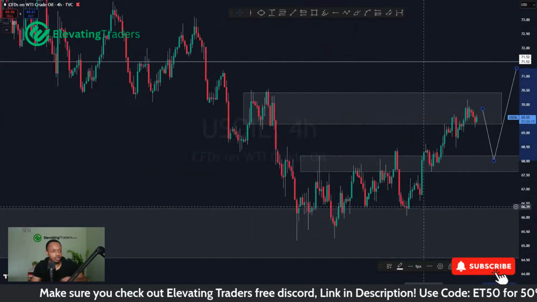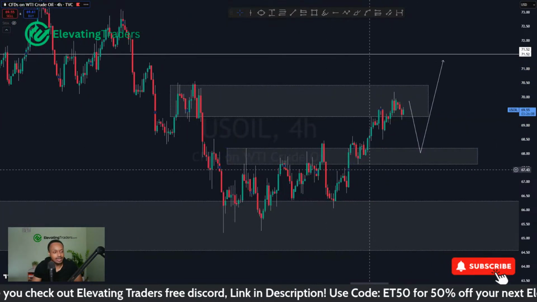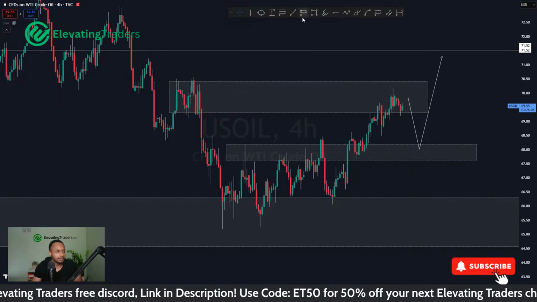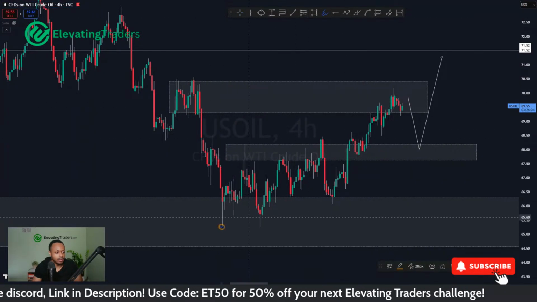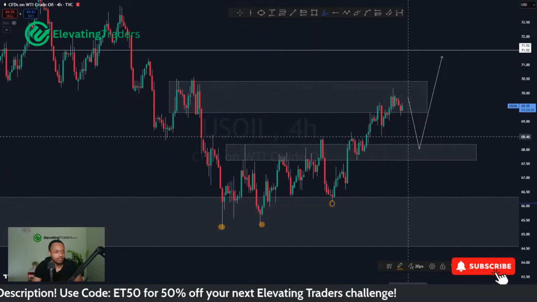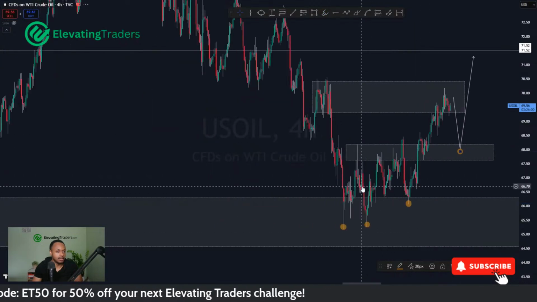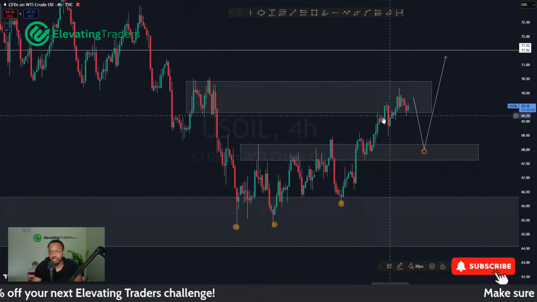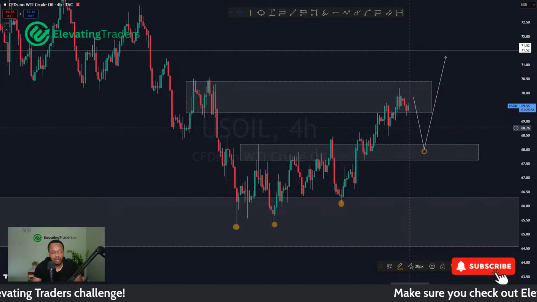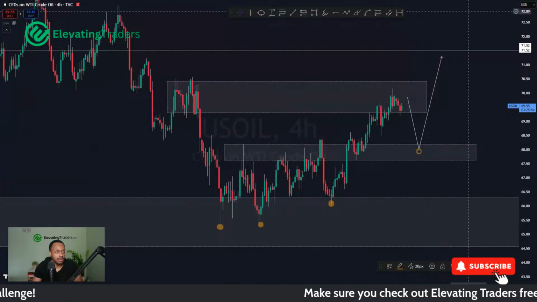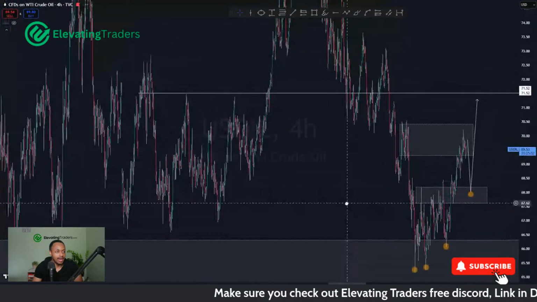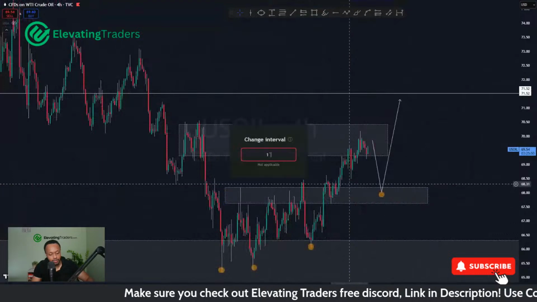So dropping back to the 4-hour chart, I'd say around 68 looks like a decent buy. We've got a solid double bottom down there, one high low, perhaps the next one, and a continuation to the upside. But now we're in bearish territory, so if anything, there might be some sells on the lower time frames. But I still think there's a bit more retracement to be had for oil.